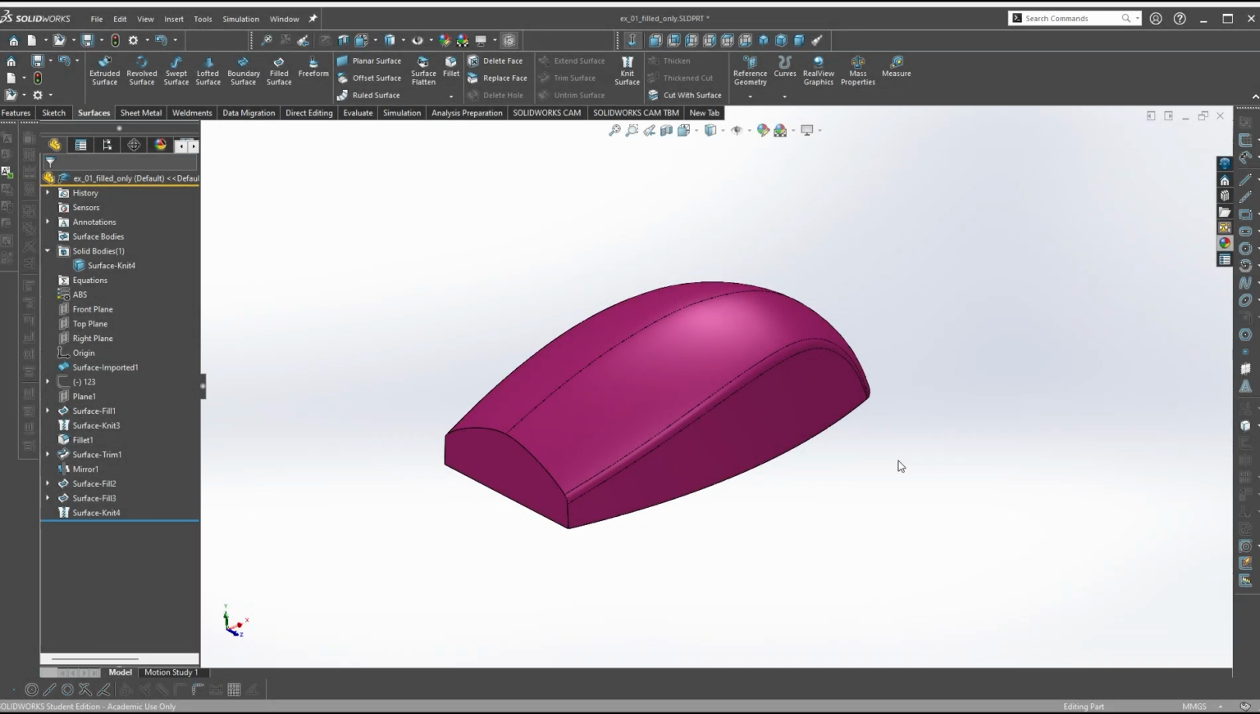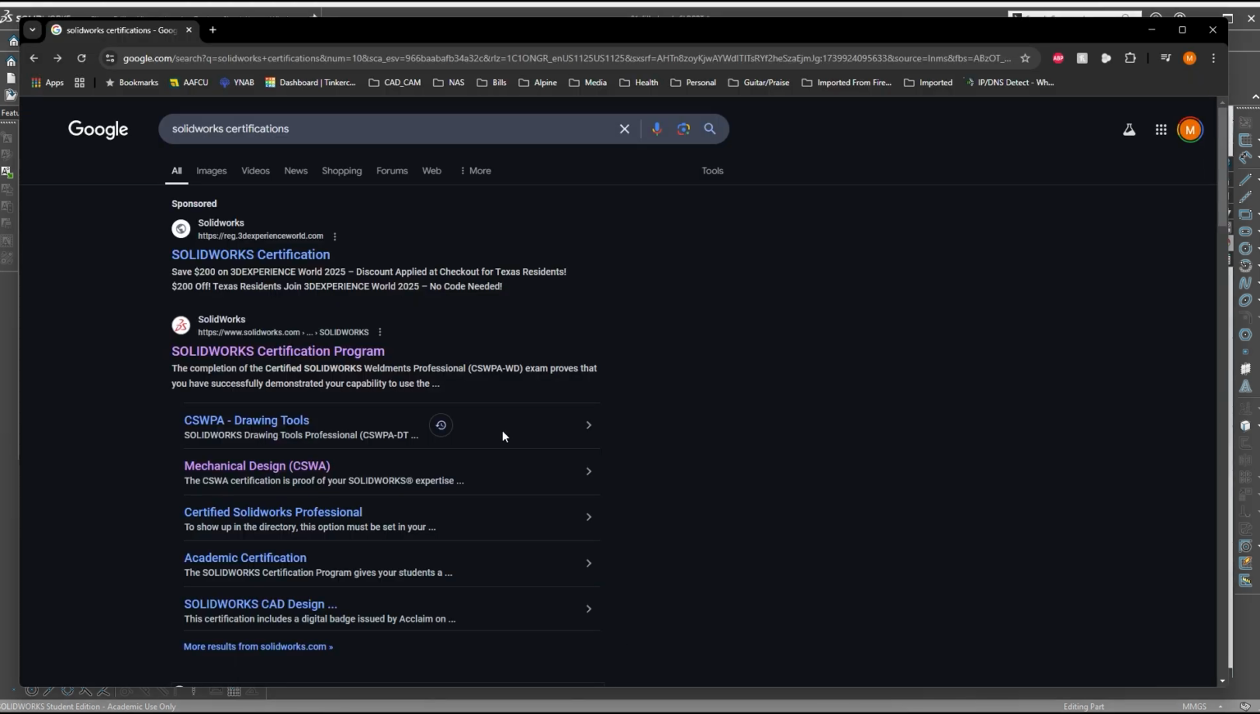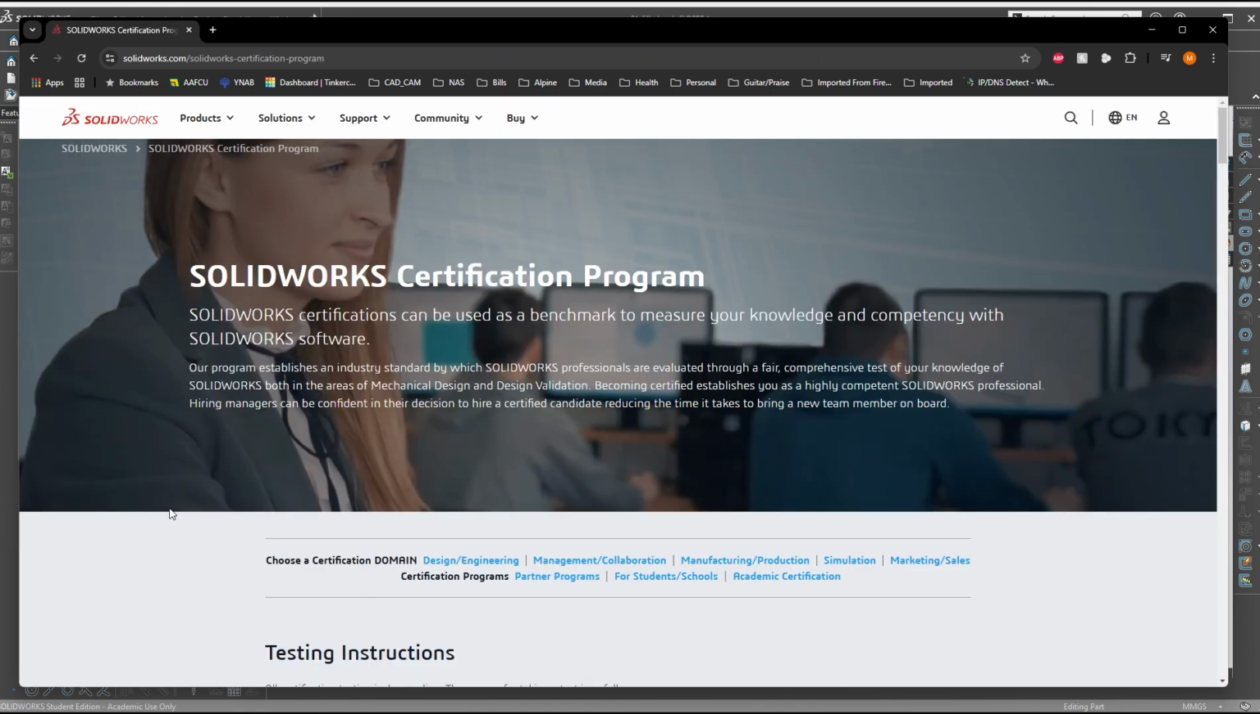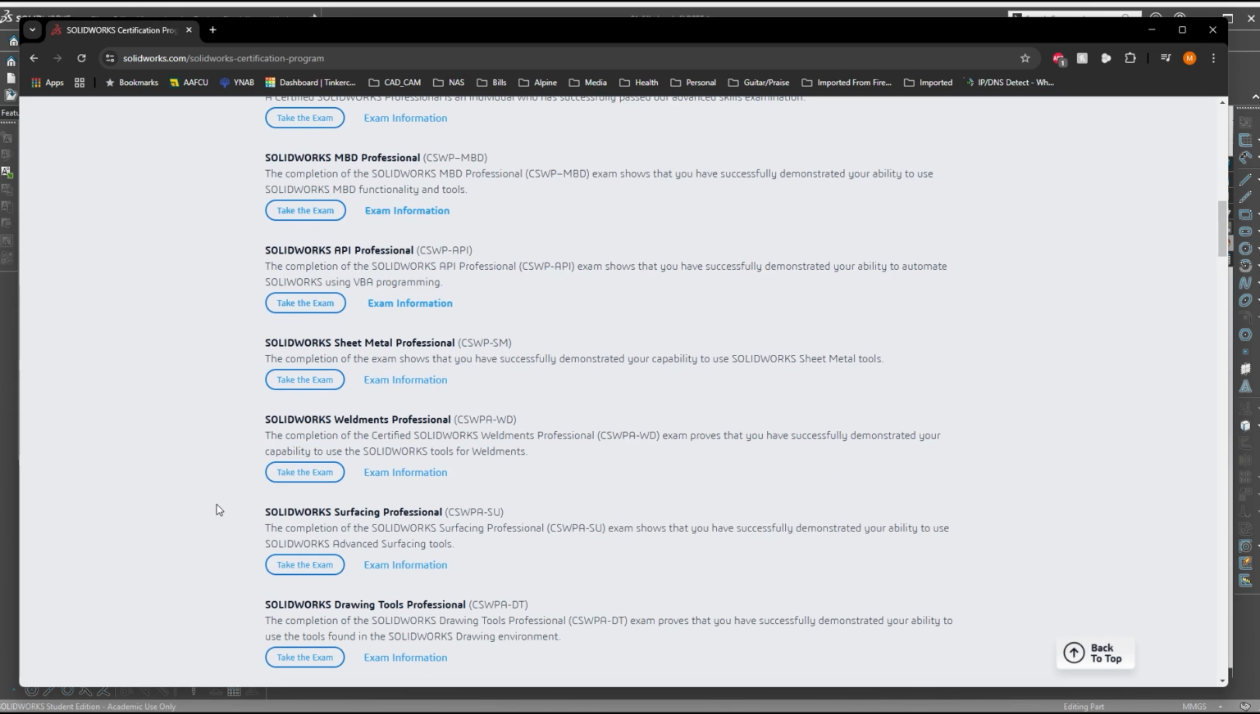This is the SolidWorks surface exam, the sample exam that you can get on solidworks.com. Let's walk through where you can get this from right here. If you Google SolidWorks certifications, second option right here. Scroll down a little bit and we're looking for